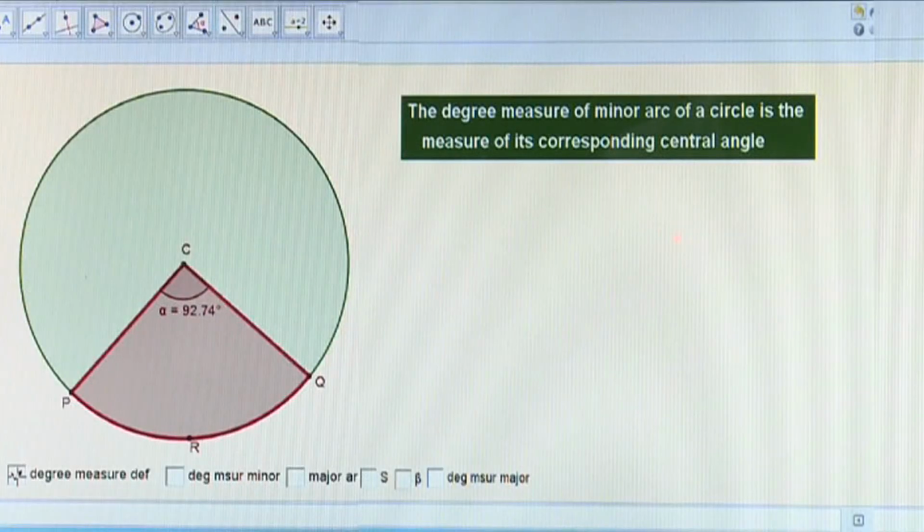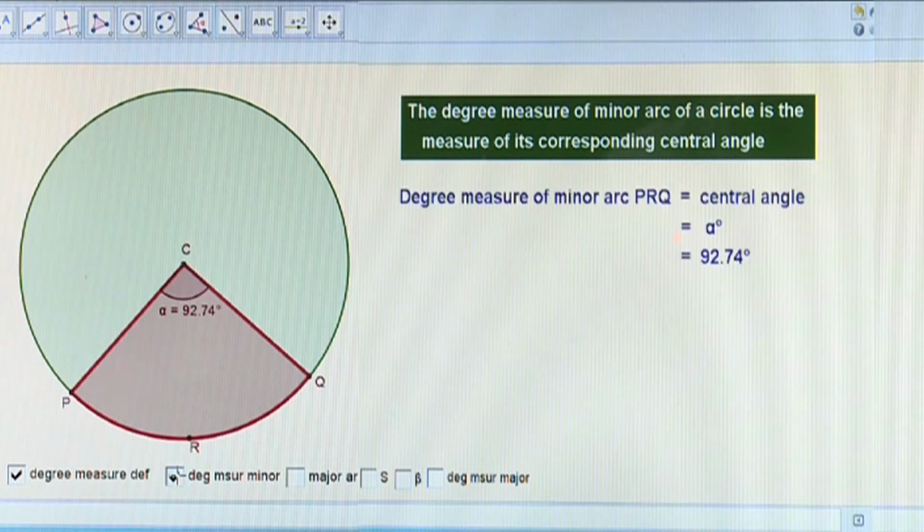We define degree measure of an arc in terms of the central angle. The degree measure of minor arc is defined as the angle alpha degree, which is the central angle made by the minor arc. Look, this is the major arc